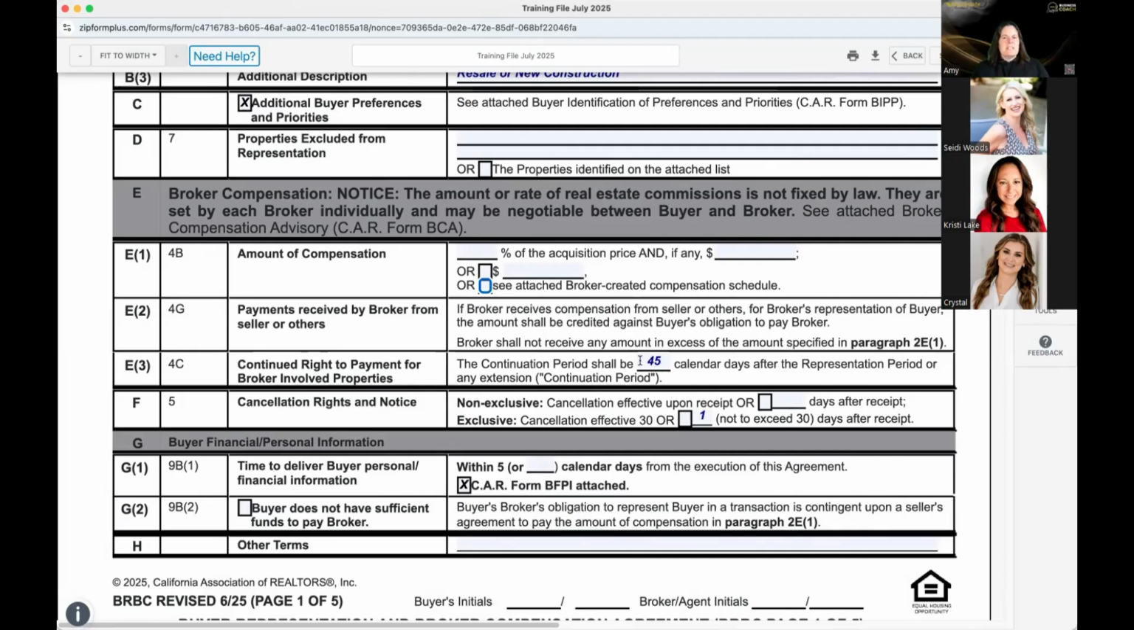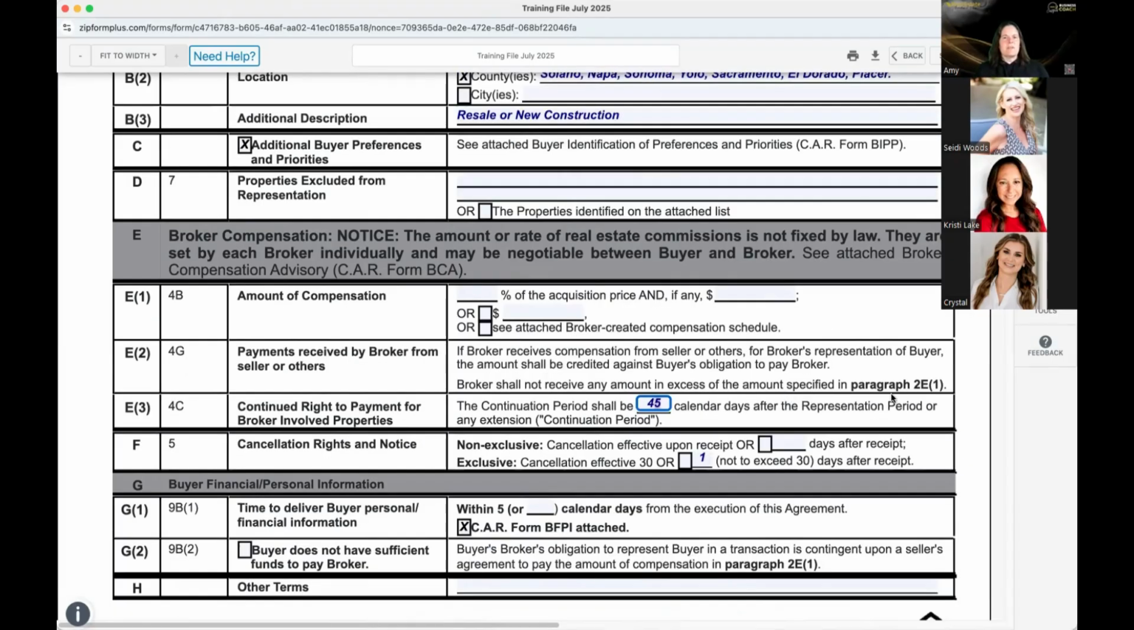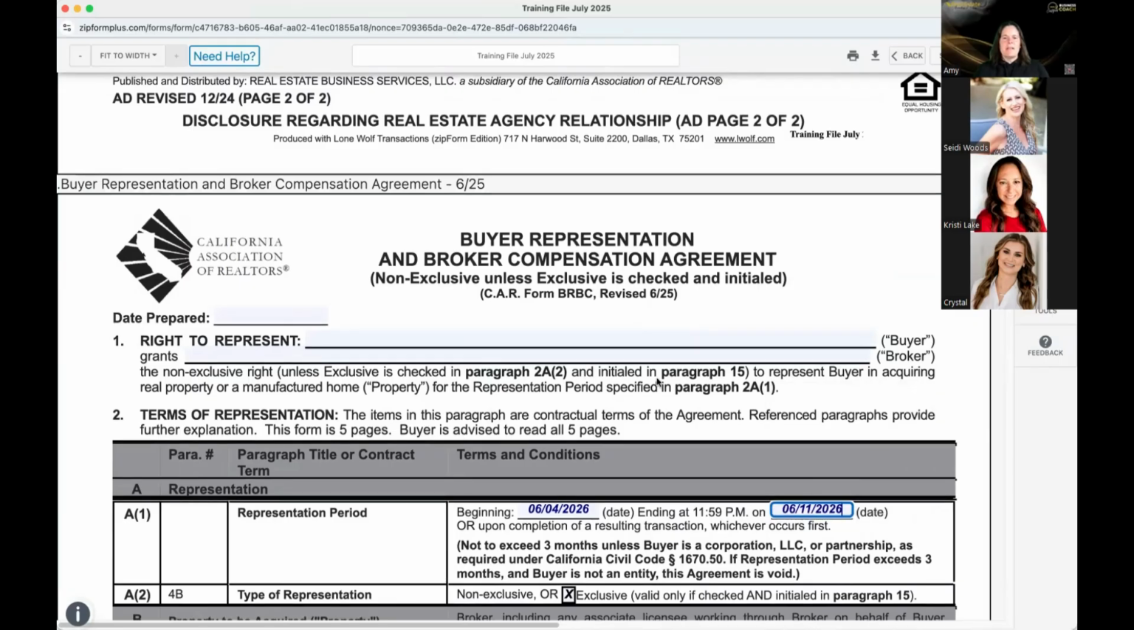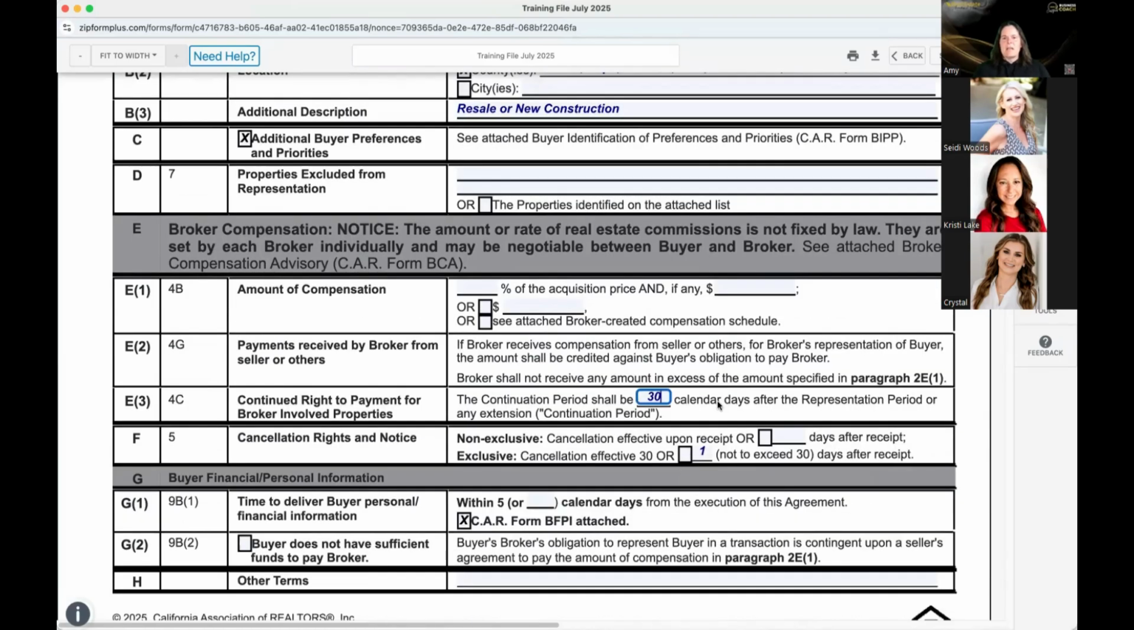E3 is our continuation period. Okay, what does this mean? A continuation period would be if we have a 3-month or even, let's say, a week long. Let's say that our expiration period up here was only a week. They weren't comfortable with signing anything beyond a week, so we went June 4th to June 11th. And then we specified down here on E, wherever that was, that it was going to be 30 calendar days after the representation period or any